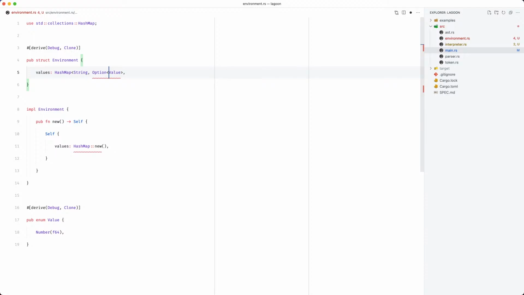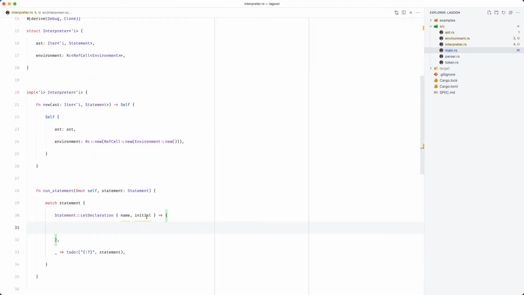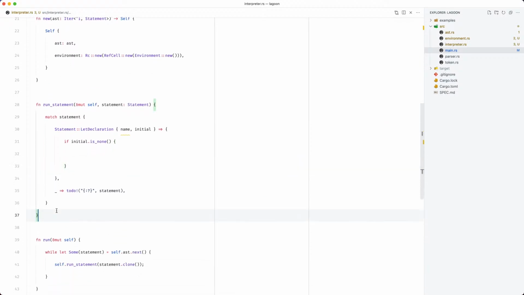This value actually needs to be optional, I think, because sometimes we'll have no initial value. So we can say if initial is none, like so. And now we need to borrow the environment. We need to get a mutable reference to our environment so that we can set the value inside of that hash map. So let's create another function